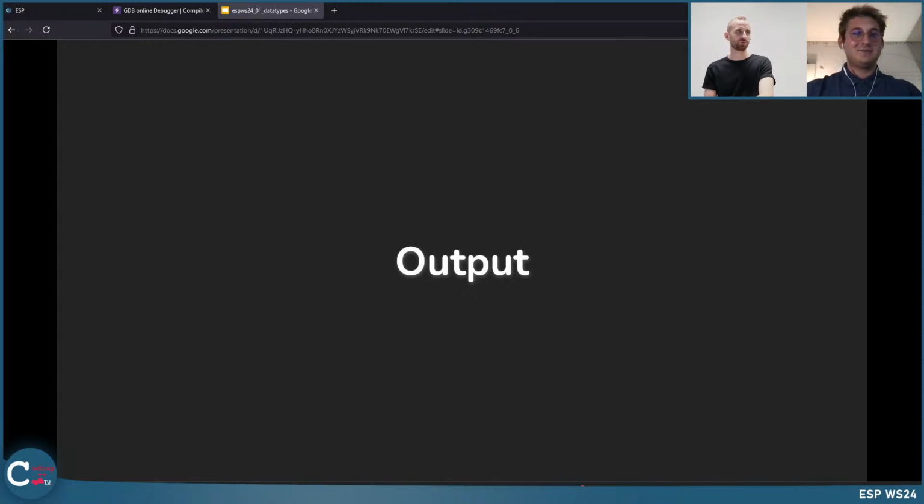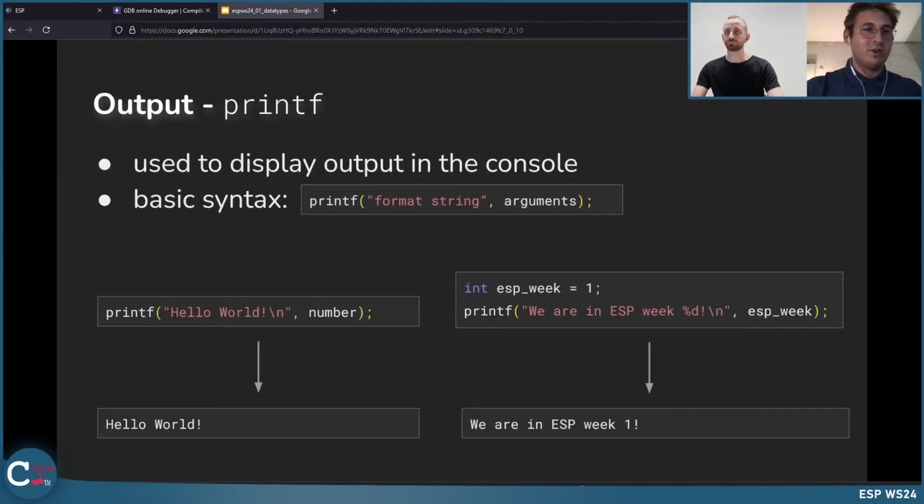Output. What is output? We saw a bit of output already using this printf, right? Yeah, so we have already used it, but without knowing exactly what printf does or what output is in general. So in general, we can use the console, for example, to output something we want. For example, we can use printf. It's a function. We will see in a couple of weeks in the lecture what a function is. It is used to display some text, but also display some text in combination with variables in the console.